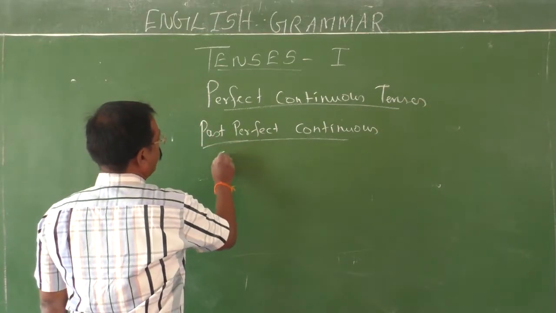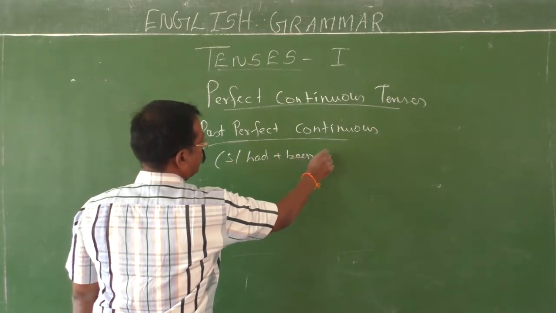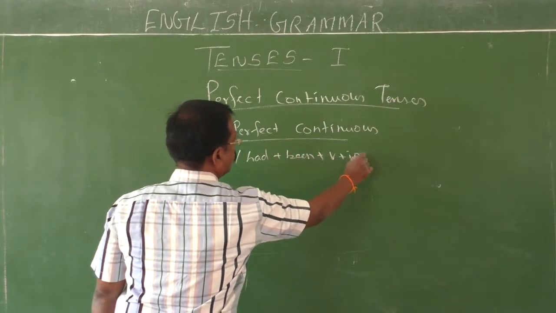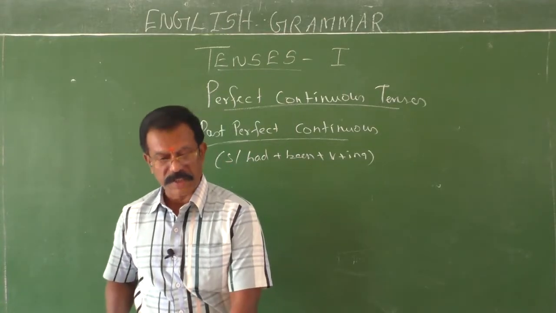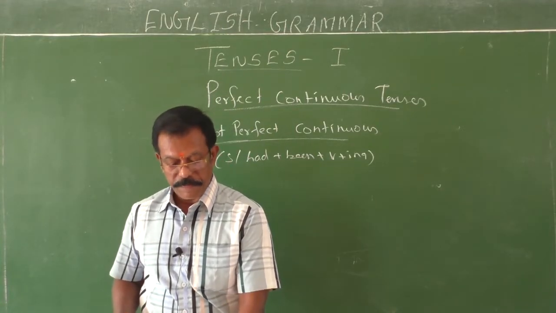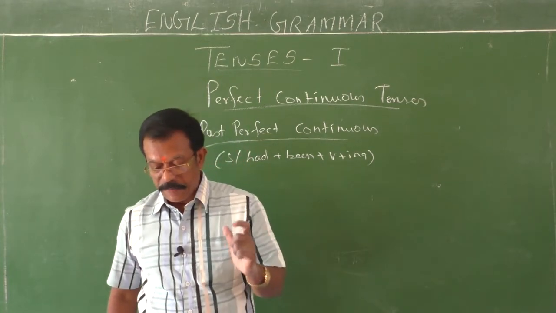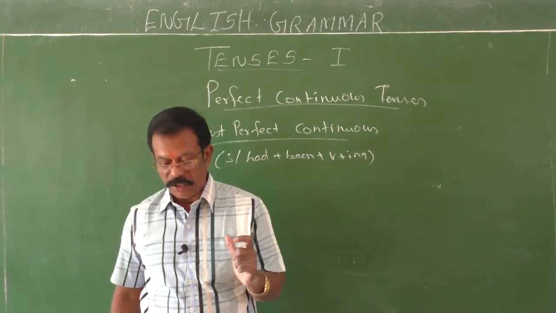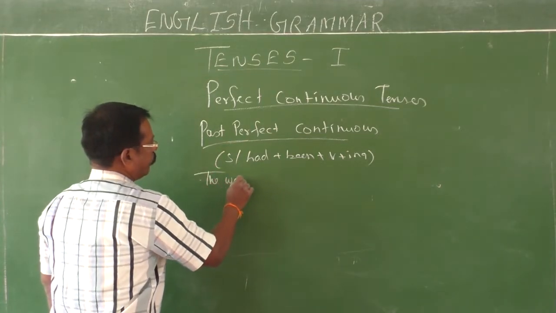Past perfect continuous formula: subject, had plus been plus verb plus ing. So this is the formula for the past perfect continuous tense, and the keywords are since and for. The water had been boiling for half an hour before anybody noticed. See the example. The water